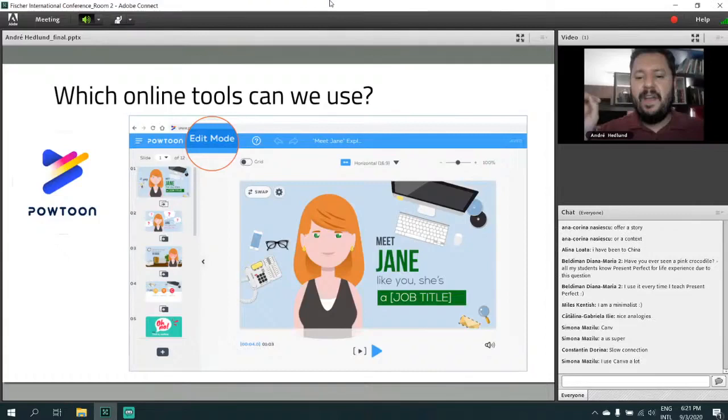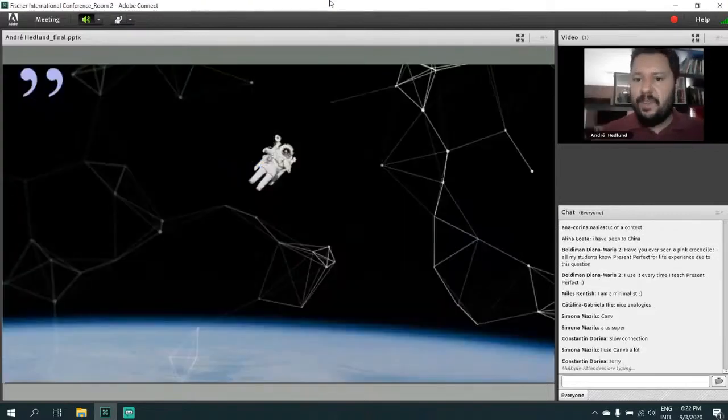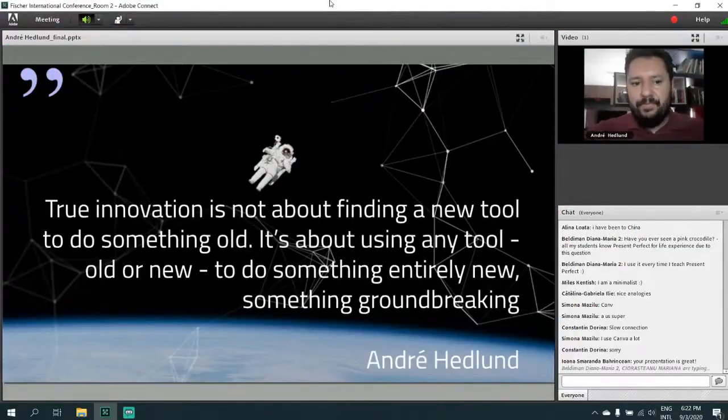And then finally, to wrap up, those are all the strategies. You can read more about them on my blog. I want to wrap up by going back to innovation, because I think true innovation is not about finding a new tool to do something old. It's about using any tool, old or new, to do something entirely new, something groundbreaking.